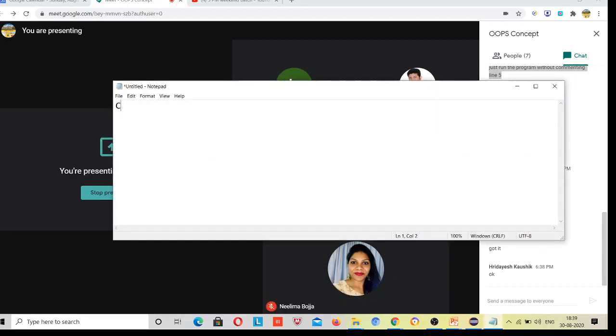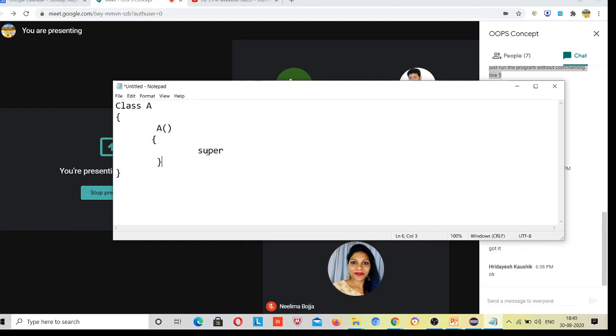Class A will have super, because super is only for the constructor, super and this, right? Don't use it for the methods, otherwise problem.